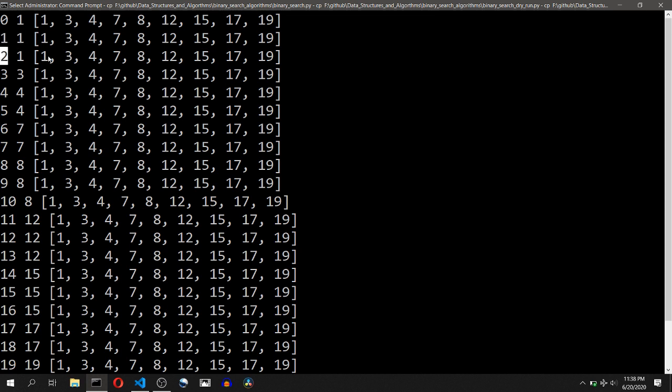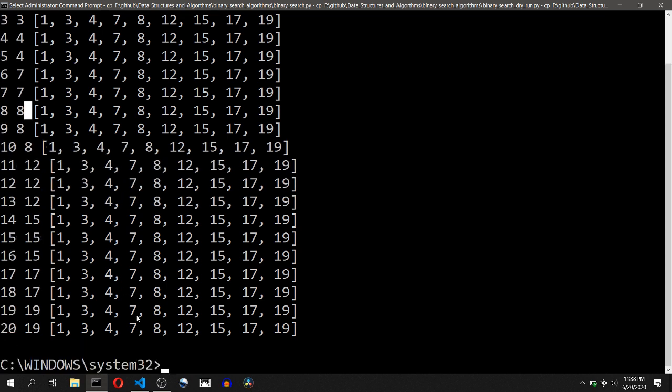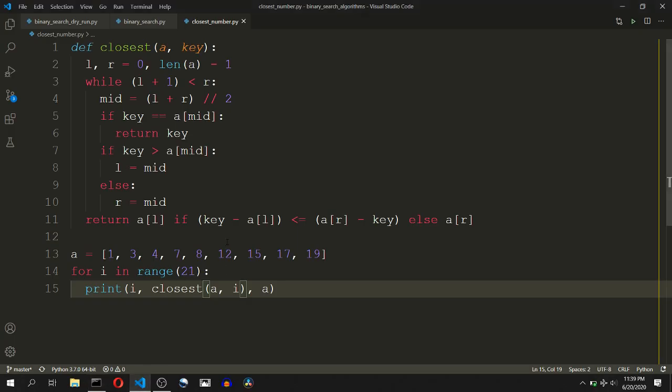In situations where the key value is situated exactly in the middle of two elements, the left value will be preferred, and you can verify this for all other elements. So as you can see, even though this problem seems to be very different from binary search, it uses almost the same code and same principles of binary search.